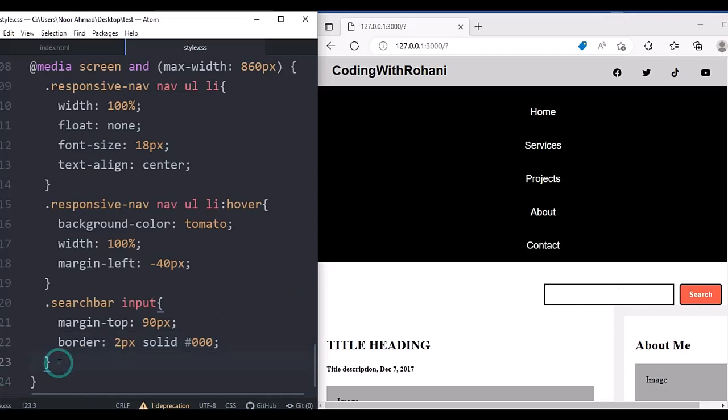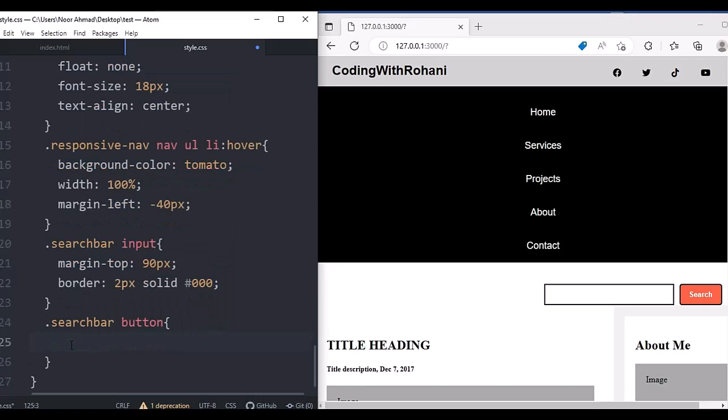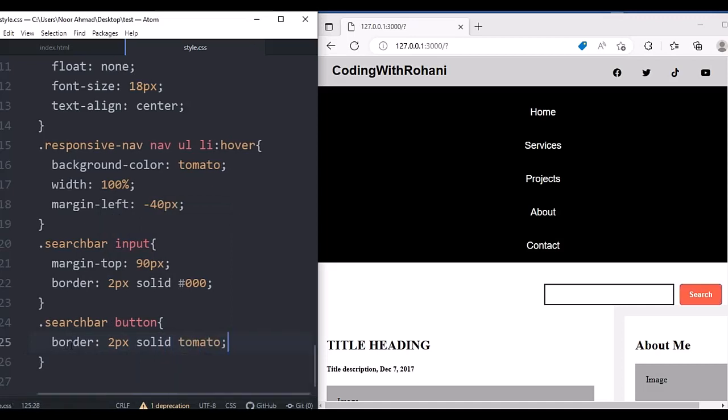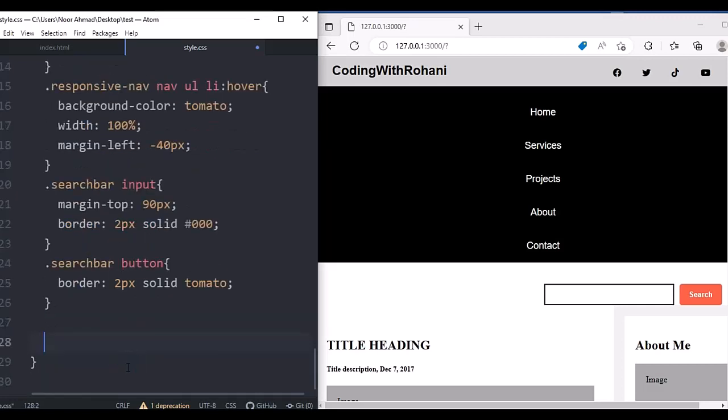And I'm going to target the button as well. So I'm going to change its border to 2px solid, the same background color. And after that, I'm going to add another media query here,